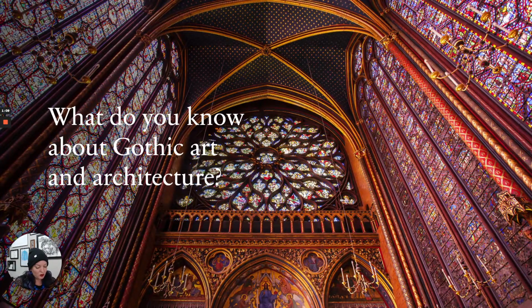It is called Opus Franciscanum, which means French work, okay? It's also called at the time Opus Modernum, which means modern work. So it was the first artistic movement to be labeled as modernism, which is kind of a funny thing to think about because we sort of think of it as the opposite of what we call modernism,